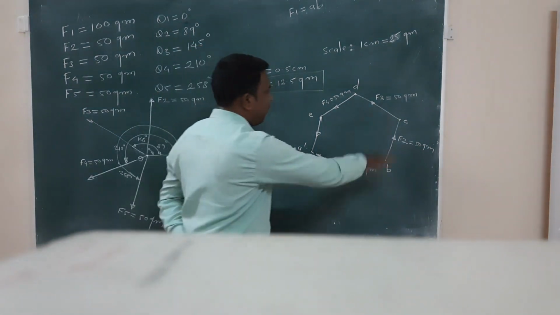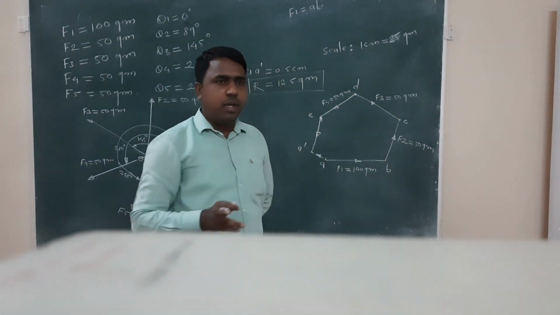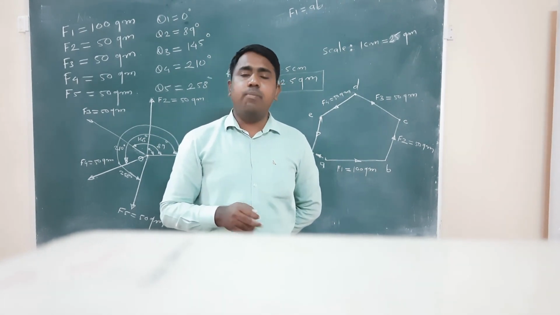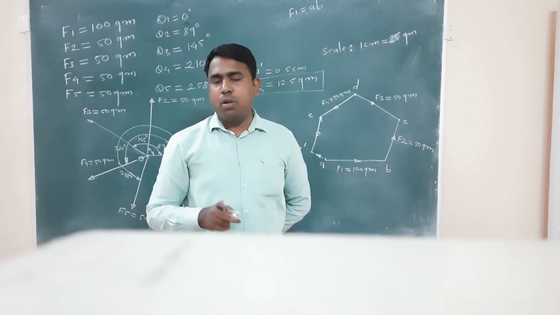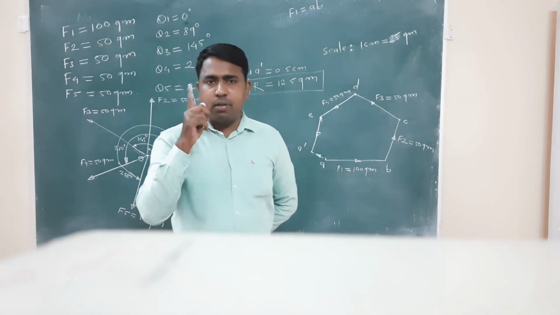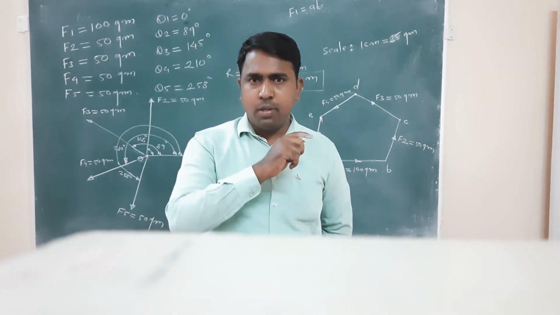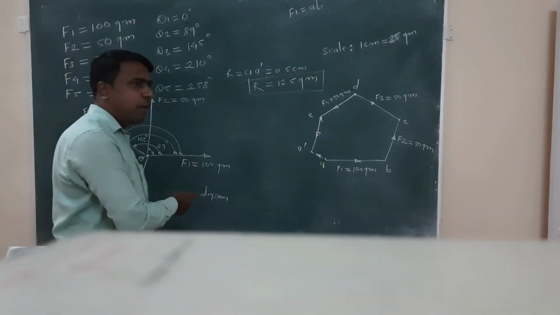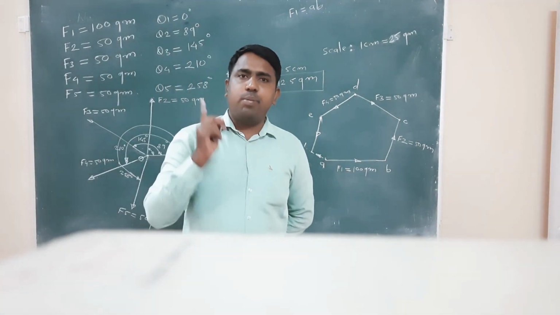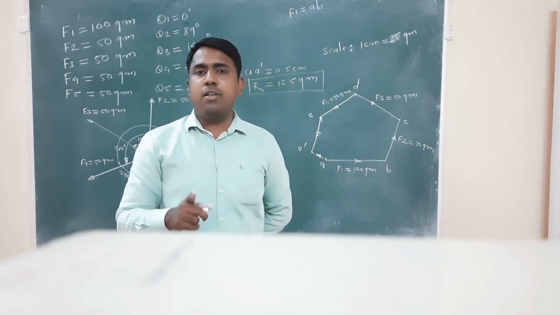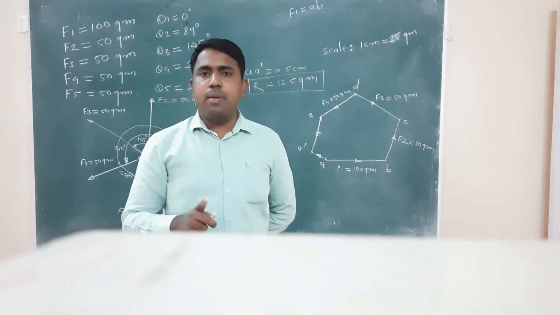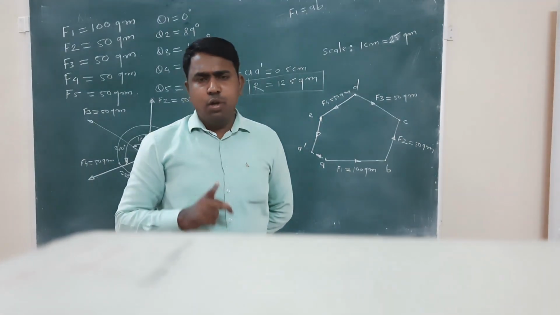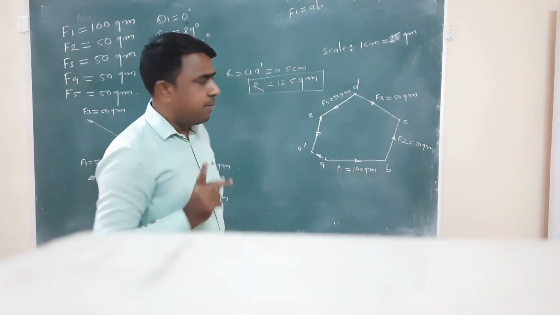अब ये पूरे साइड से क्लोज नहीं हुआ तो अपने को क्लोज साइड निकालना पड़ेगा और क्लोज साइड को मेजर करके उसका मैग्नीट्यूड अपन निकाल सकते हैं विद द हेल्प ऑफ लॉ ऑफ पॉलीगॉन। तो पॉलीगॉन निकाल के भी अपन रिजल्टेंट फाइंड आउट कर सकते हैं। बट इन दिस केस, एक्सपेरिमेंटली अपन ने उसको इक्विलिब्रियम कंडीशन में सेट किया है। इसका मीनिंग क्या है, अपना रिजल्टेंट क्या रहेगा, जीरो। तो रिजल्टेंट जीरो रहेगा एक्सपेरिमेंटली, बट ग्राफिकली अपने को निकाल के चेक करना है